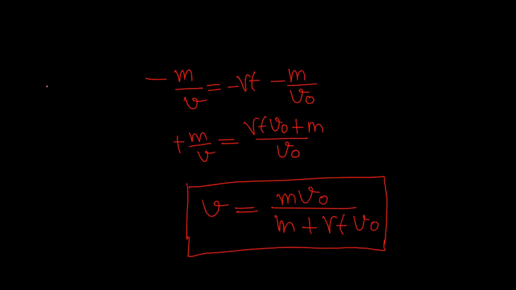Now let's move towards the next question. So the next question is from contour integration. What is given? You have to find the integral over c of e to the power z dz. It's not a closed integral, so you have to find the integral along this path. You know that the closed integral of e to the power z dz will be 0.